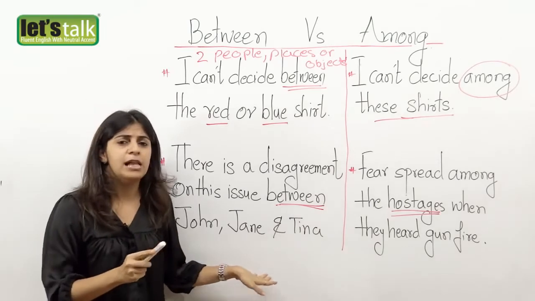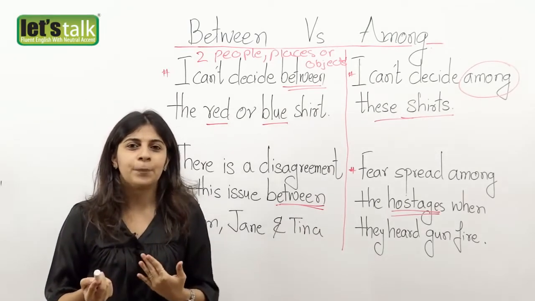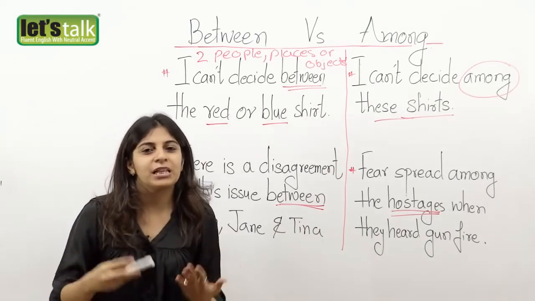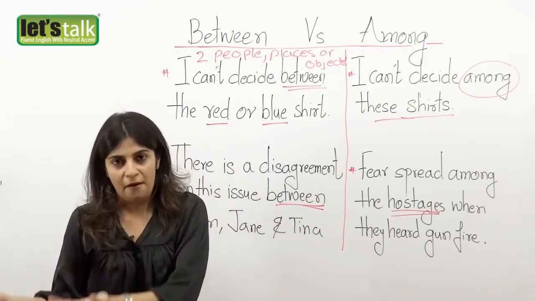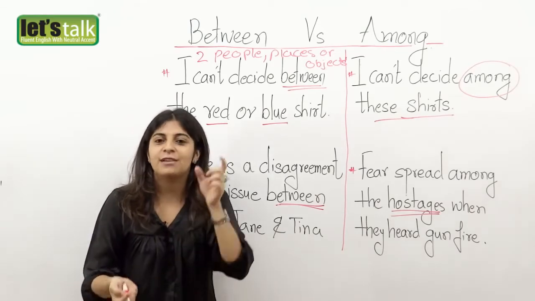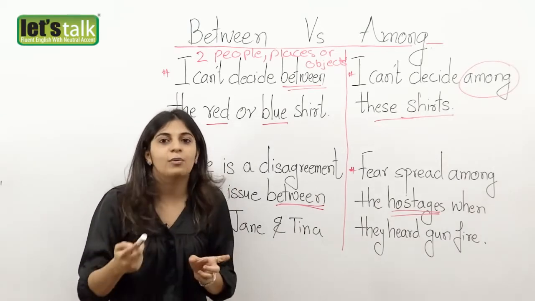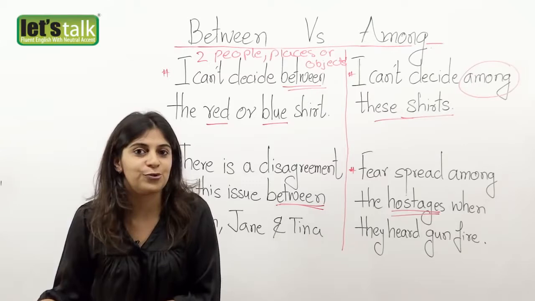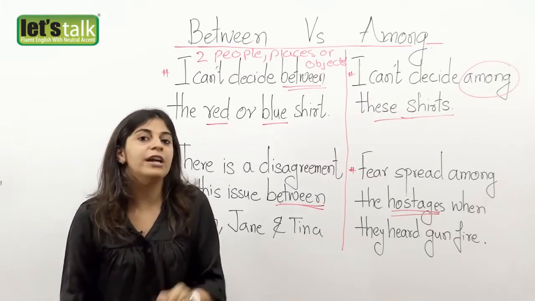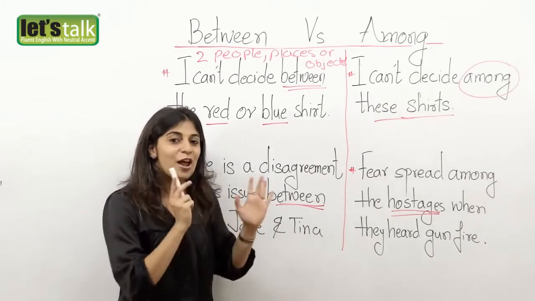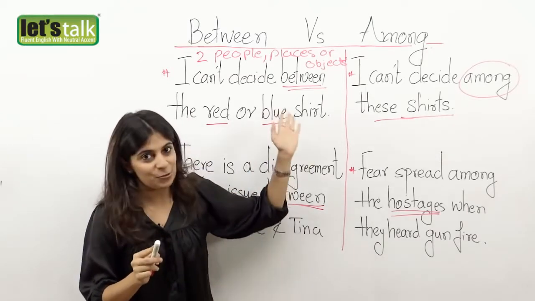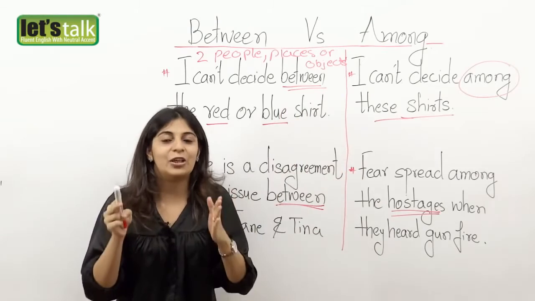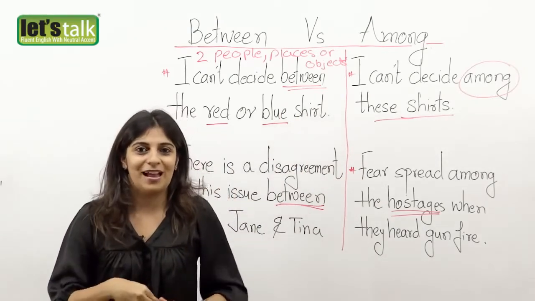Like, for example, if I had to say that I am confused between the countries Egypt, Australia, and America for my vacation. So here I'm specifically telling you about the countries that I am confused about. And that's why I use the word between. All right? So I hope you understood what is the difference between the words between and among. So when exactly you use it, I hope you understood that.